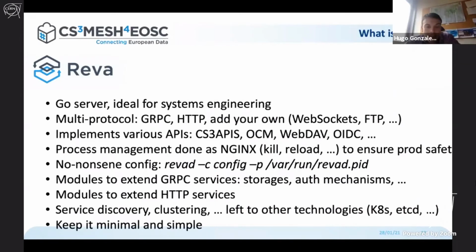It implements various APIs: CS3 APIs, OpenCloud Mesh, WebDAV, OpenID Connect, and many others. It's also quite no-nonsense for the process management. The way that the daemon is handled is really like Nginx. The documentation is even the same as Nginx, which is to make sure that it's really safe for production when you want to reload, for example, the configuration, so that you don't introduce any breakage into the system. It's quite easy to run also. You have a binary, you have a configuration file, and you can pass a process ID, so you can